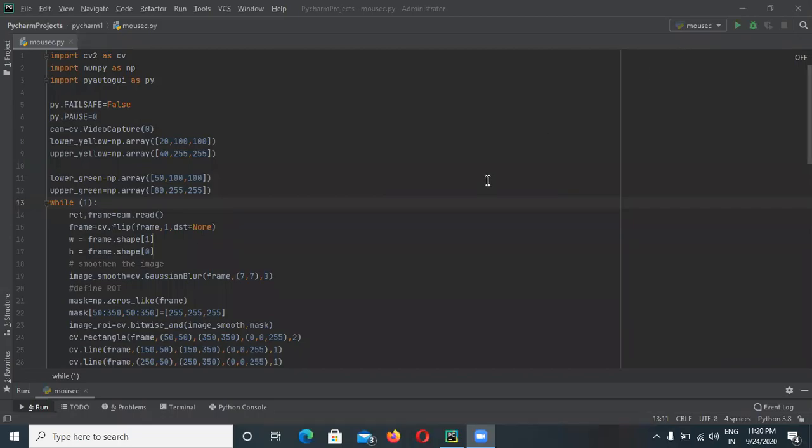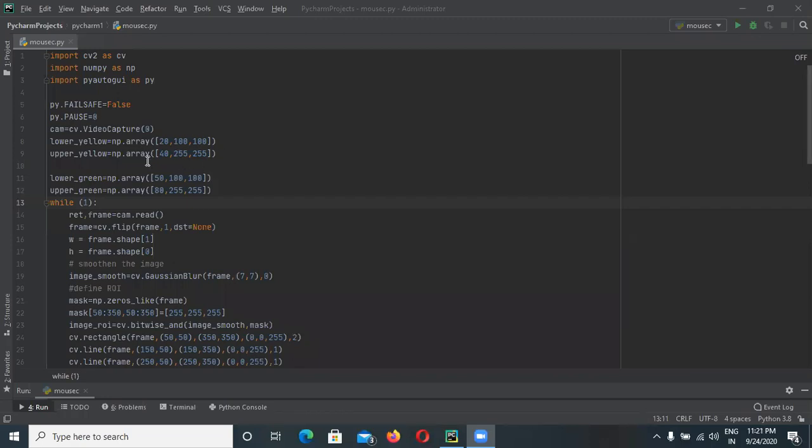Hello everybody, myself Usha. Today I'm here to show you the project which is named Computer Vision Based Mouse. The purpose of this project is controlling the mouse of our computer without any physical device, even without a mouse. I wrote my project on Python. Now I'm going to explain the code of this project.